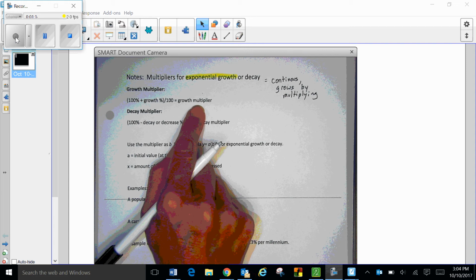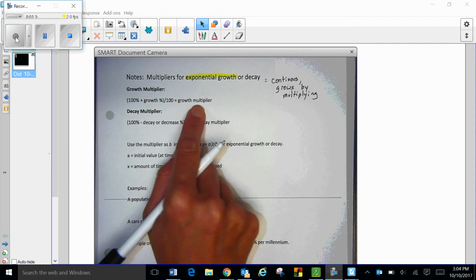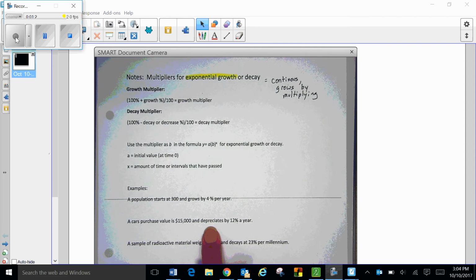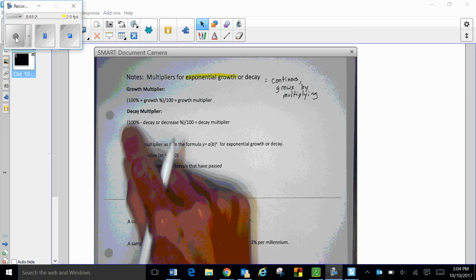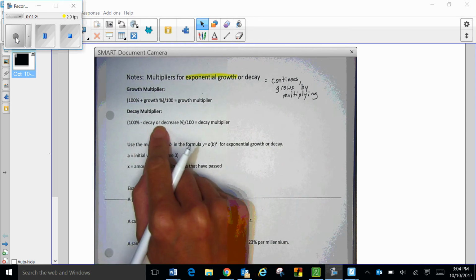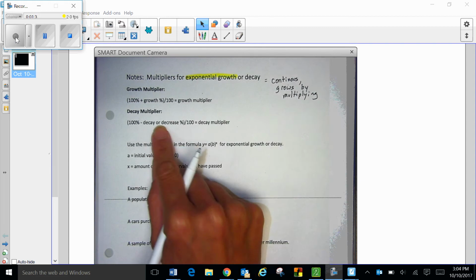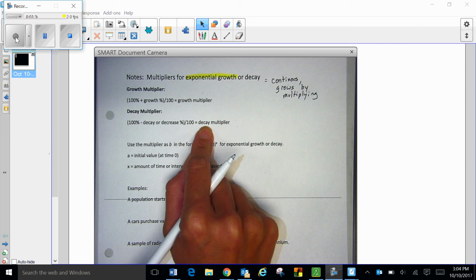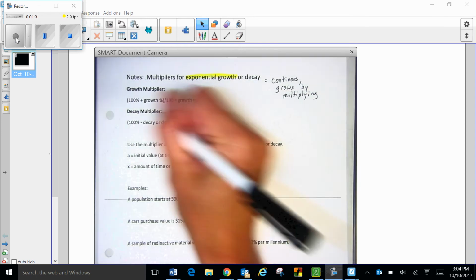Same thing if you get decay, decrease, or this other word down here, depreciation. They all mean about the same thing. We're going to take the 100%, and we subtract because we're taking away a portion of it. So we subtract it from 100. Then we divide that number by 100 to get our decay multiplier. Do use the parentheses if you put it in the calculator all at once so that the whole thing is